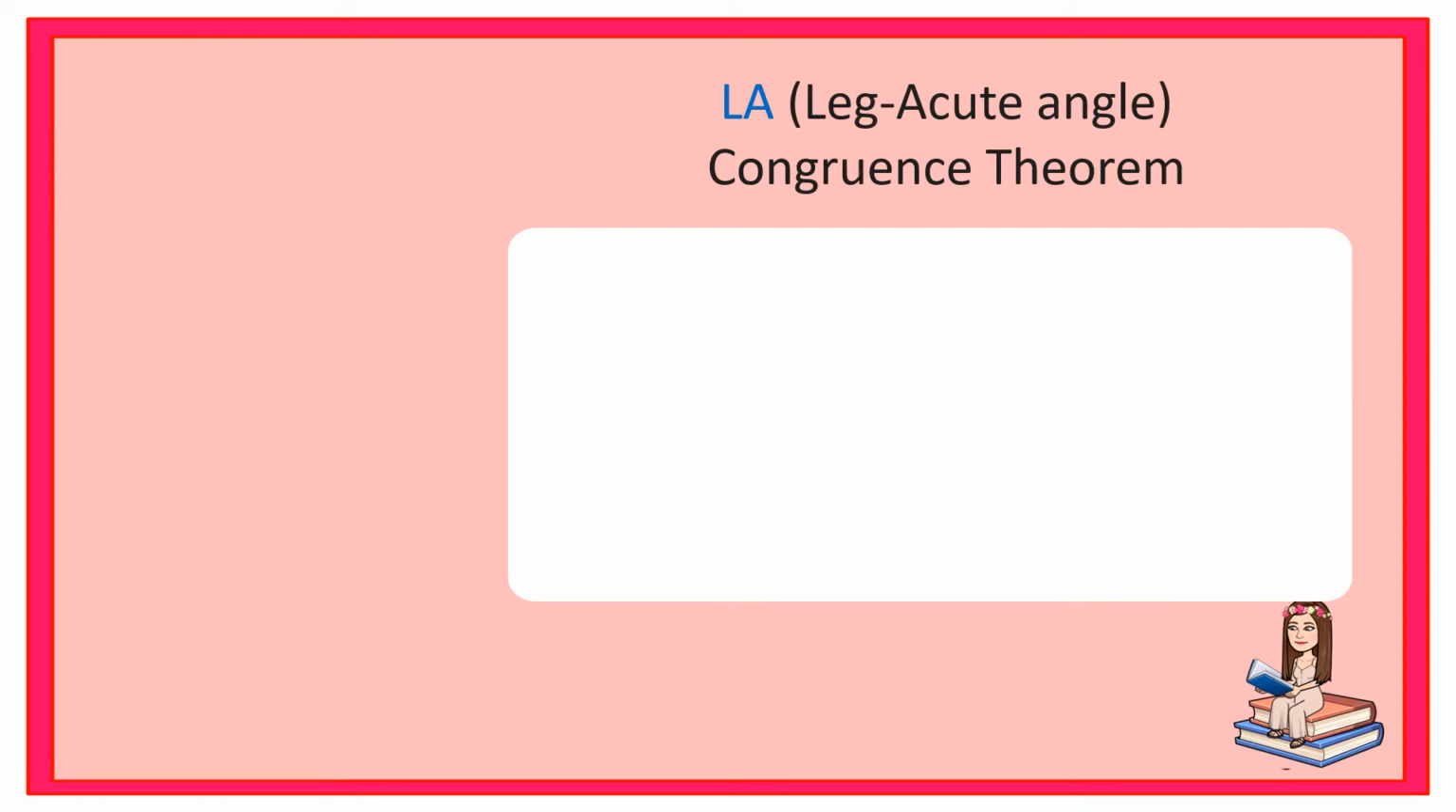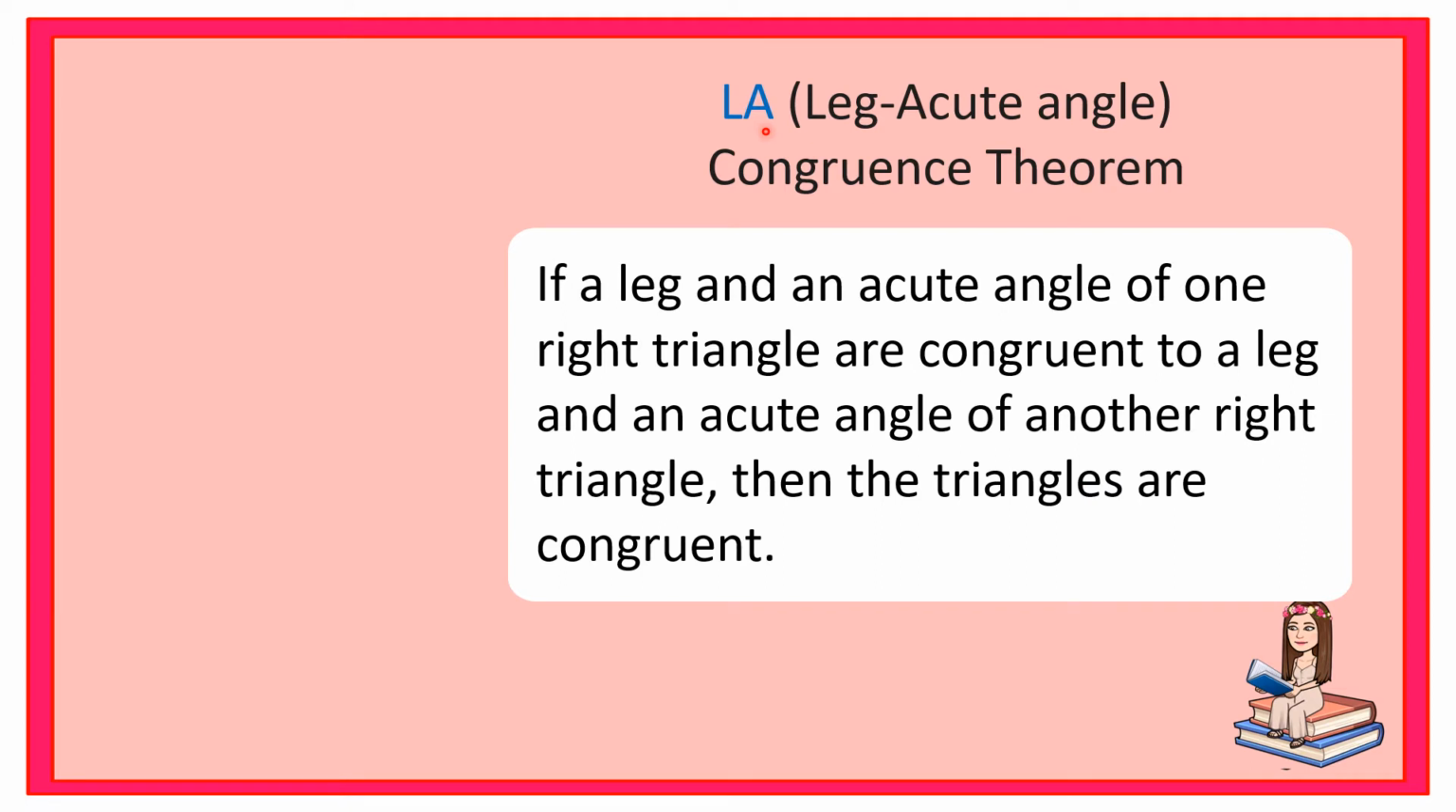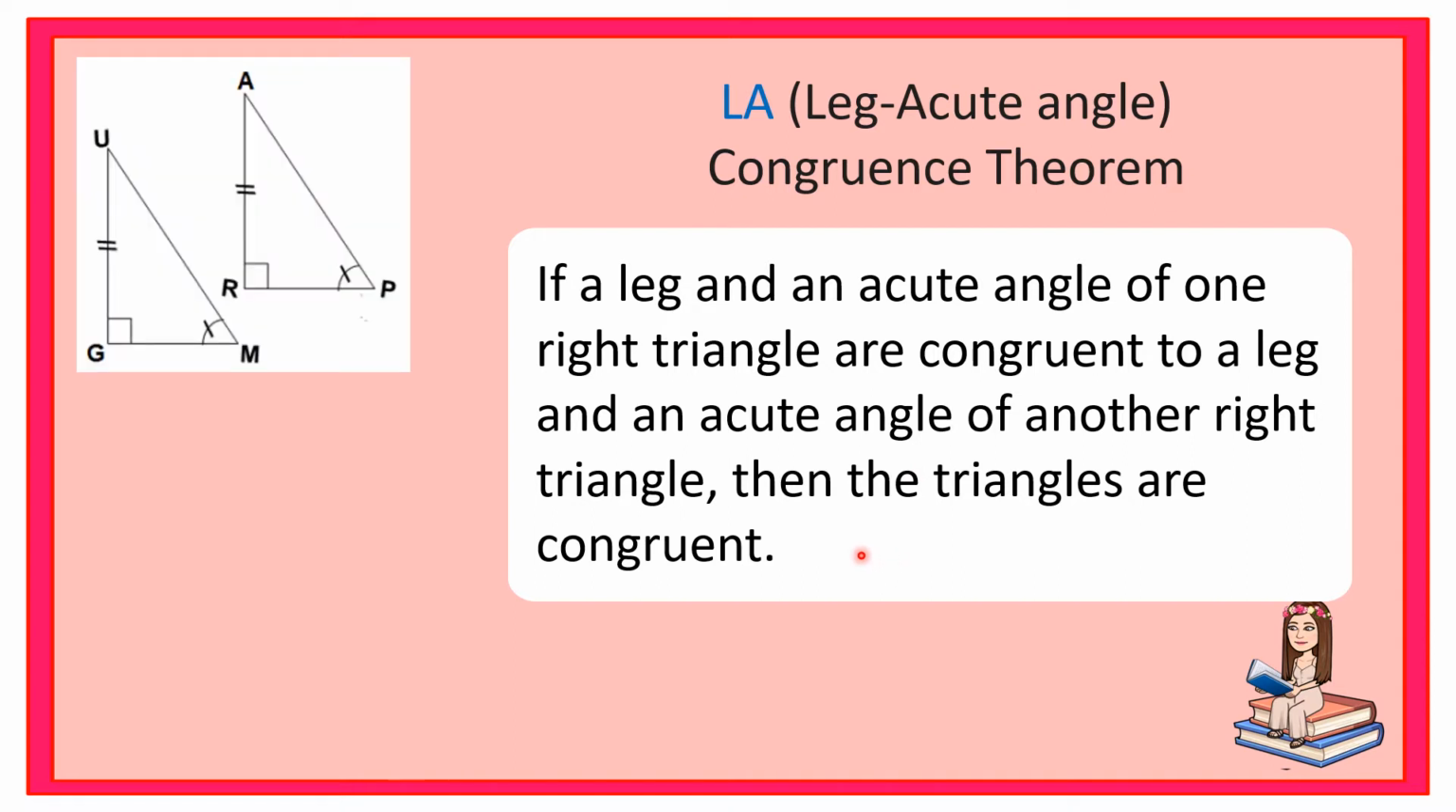We also have the leg-acute angle congruence theorem. LA, leg and acute angle. Okay, so ang sabi naman dyan, if a leg and an acute angle of one right triangle are congruent to a leg and an acute angle of another triangle, then the triangles are congruent. Let's have this figure. Ayan. Dito sa ating figure, anong napansin? Ang binigay, yung legs na GU at yung RA ay congruent daw. At binigay din mula dito na meron tayong right angles G and R,